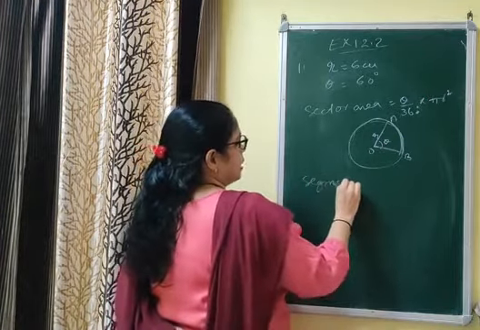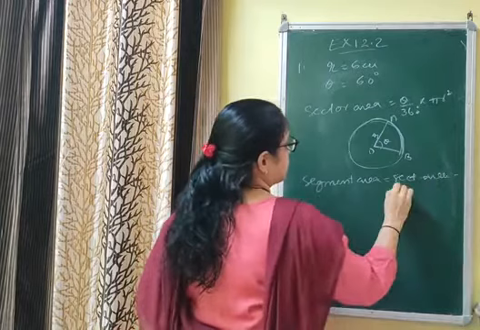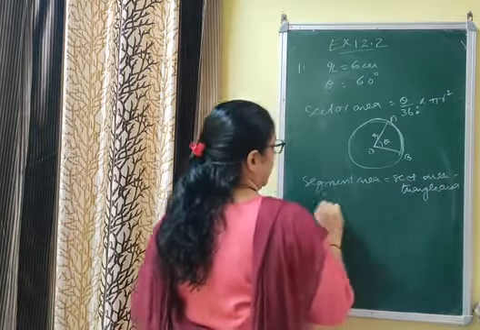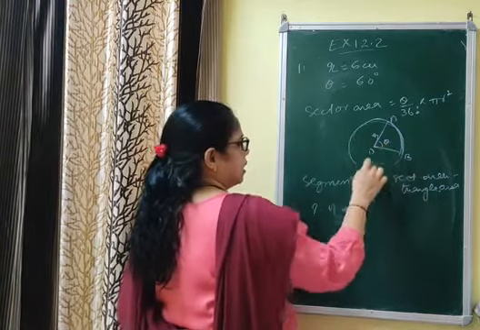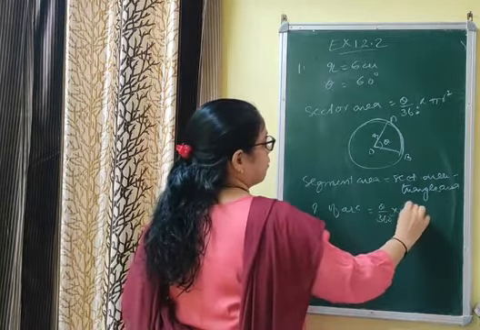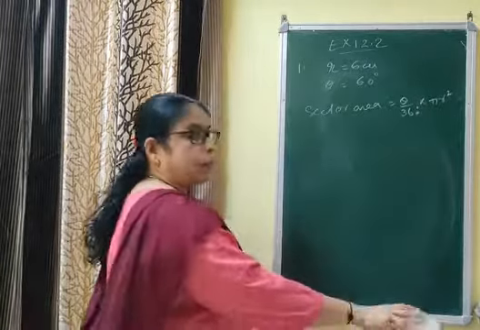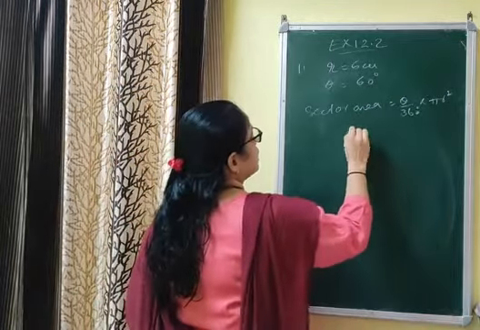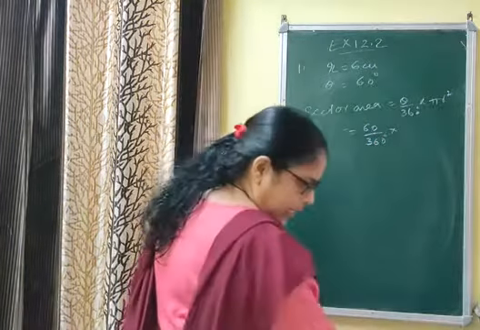Segment area can be found out using the formula sector area minus respective triangle area. And next, length of arc of a circle subtending an angle theta at the center and having radius small r is theta by 360 into 2 pi r. And in this mensuration chapter, your calculation speed should be up to the mark as well as accurate in doing calculation.